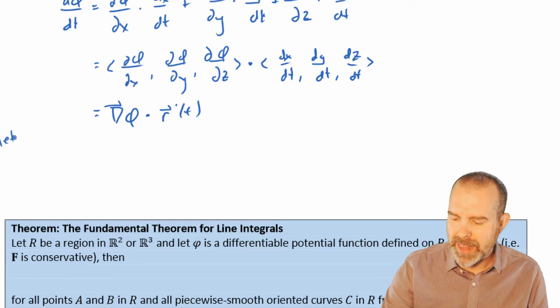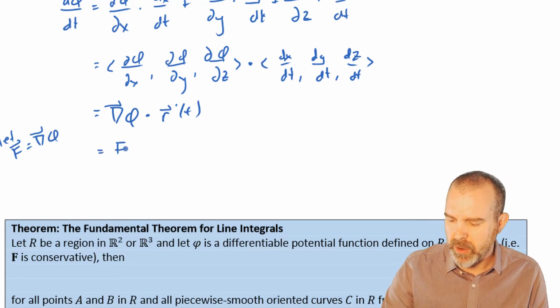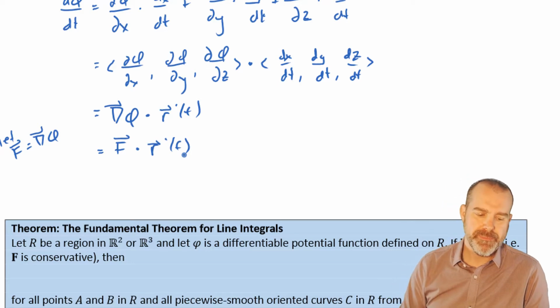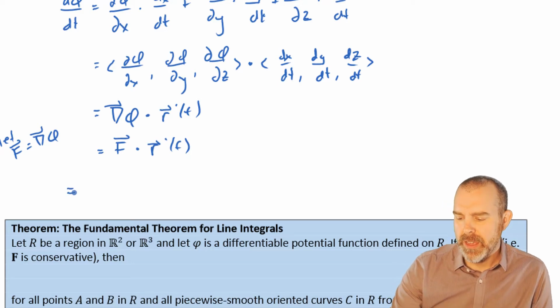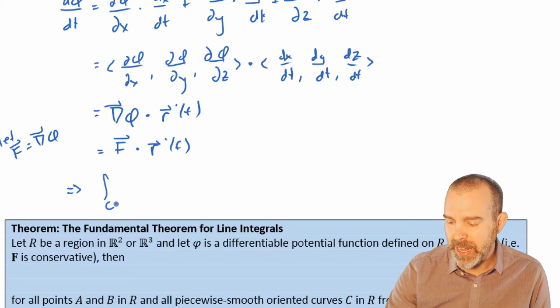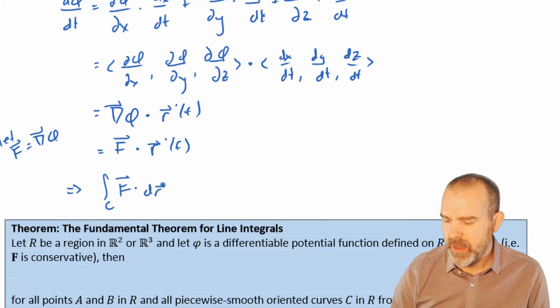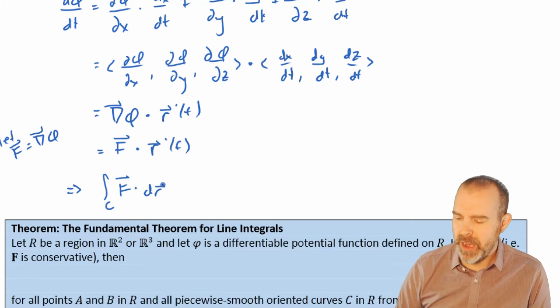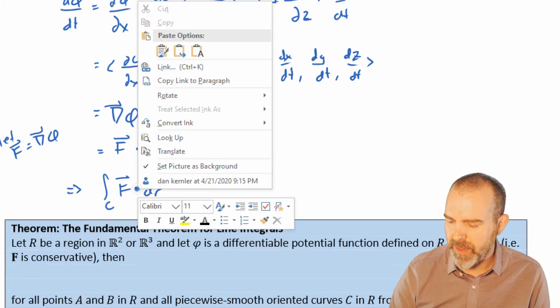Well, what if we let a vector field, some field, let the field be the gradient of phi. So this will be noted as the gradient of phi dot product with r prime of t. Okay, well, in that case, if we were to find the line integral over our path C of the dot product between f and dr,